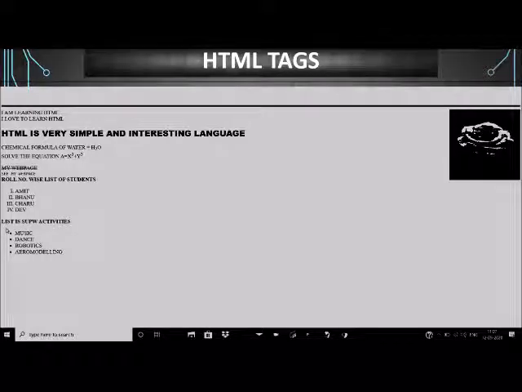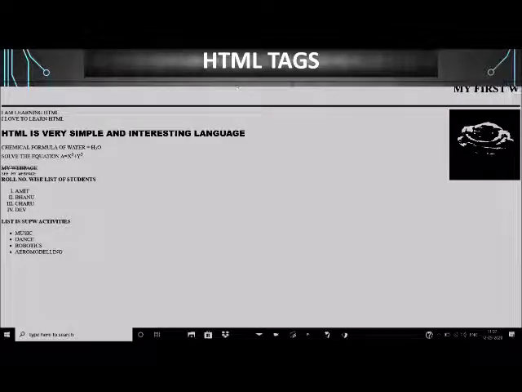If we want a text or image to appear scrolling in the web page, then we can use marquee tag. So this is all in today's session. All of you need to practice this.